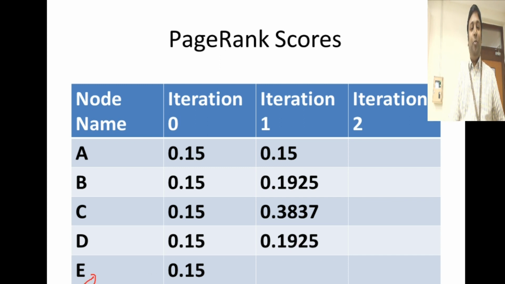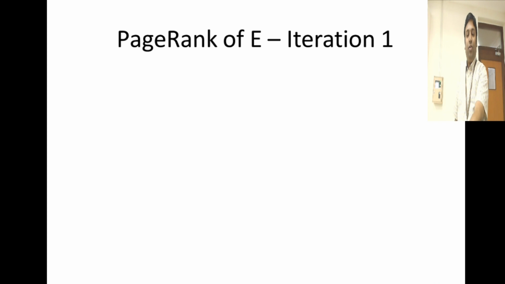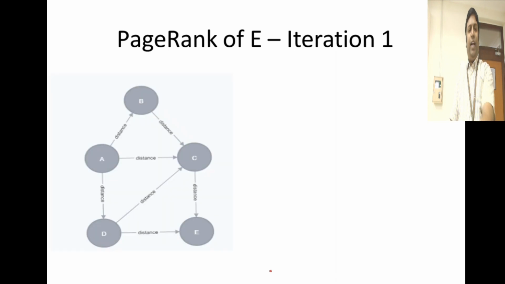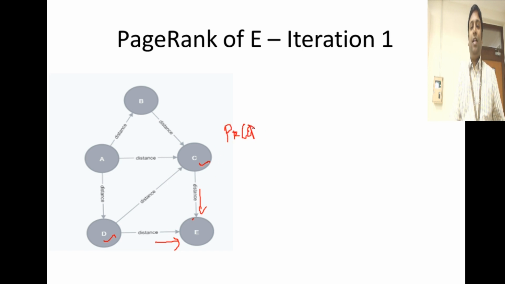Can you compute for E? Iteration 1 for E. Can you do that? So in each previous iteration, the value is 0.15. Can you find it for this E? So you again take the graph, go to node E, find all the incoming relationships for E. One is from C, one is from D. So what is PageRank of E? So PageRank of E is nothing but